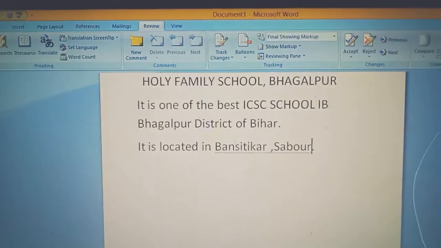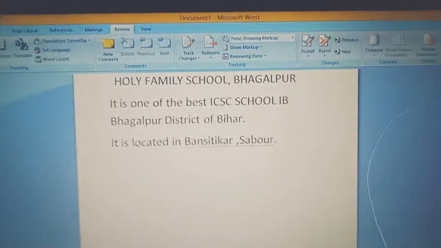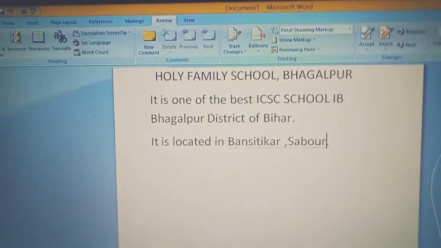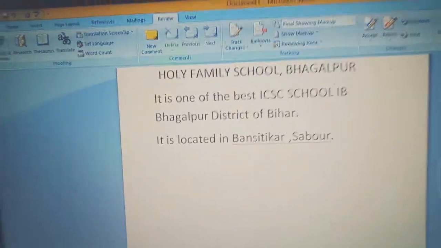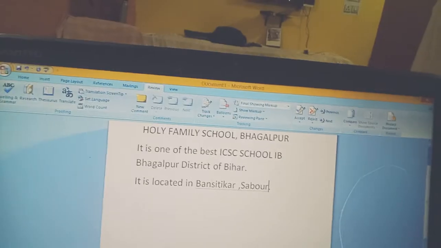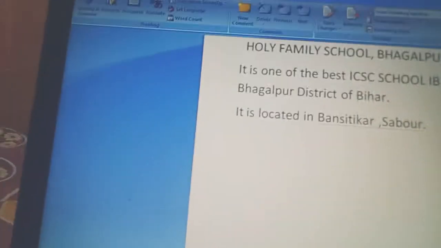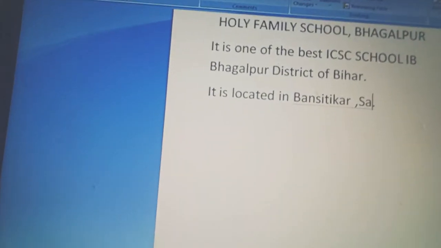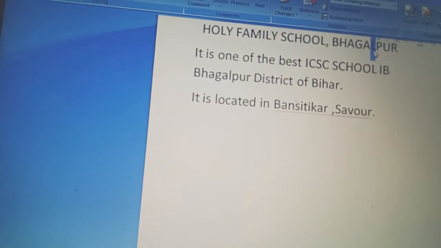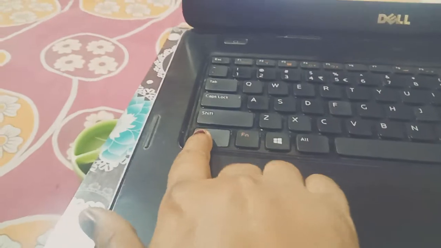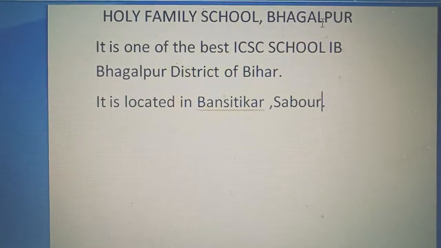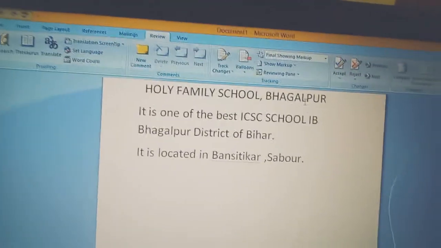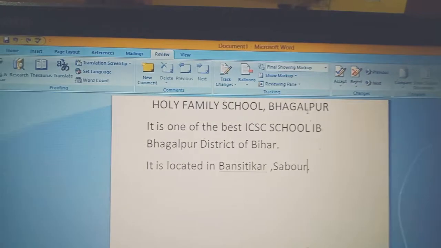Now the third option we have to deal with is undo and redo. The words themselves indicate that they are the opposite of each other. Suppose I change the spelling of Sabor again, writing S-A-V-O-U-R, and then I press Control Z. See, the previous spelling of Sabor is back. Undo means it will move one step back. And suppose you want to redo.